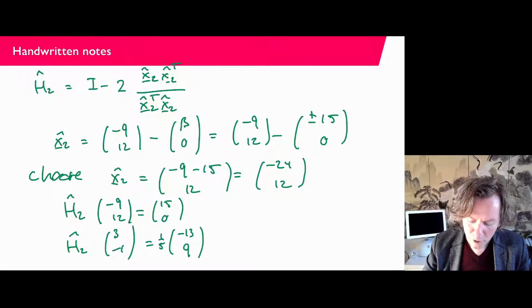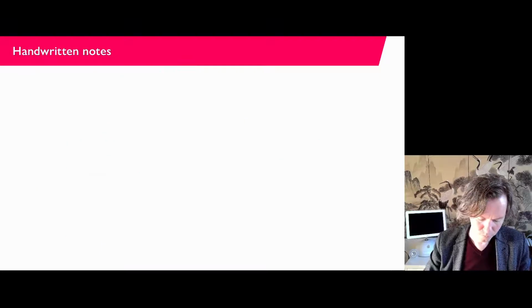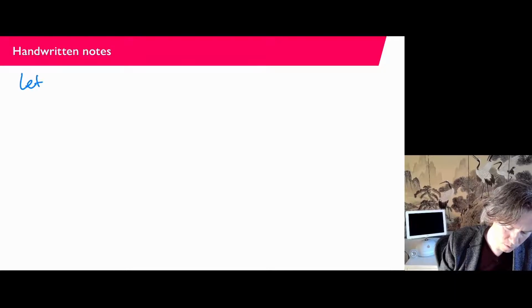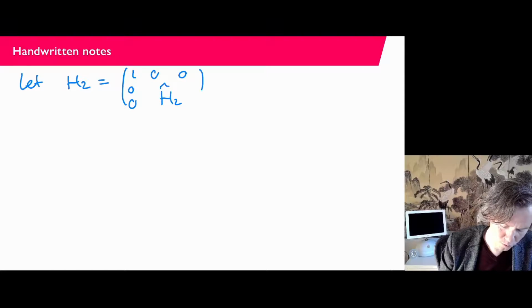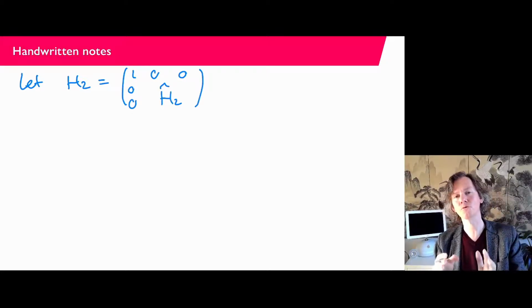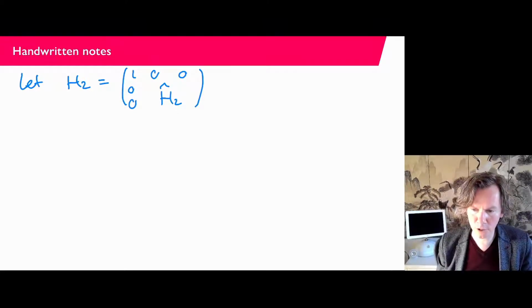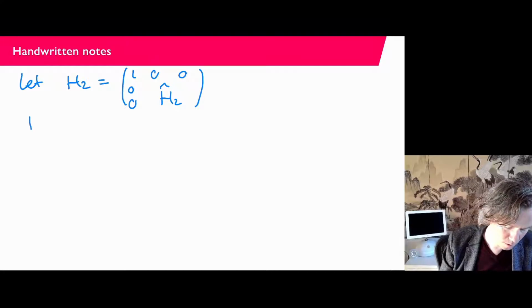So what we have now found is, so if we introduce a matrix H2 like this, so the smaller Hausdorff transformation, but then back to the original size by using a bit of the identity matrix. So then H2